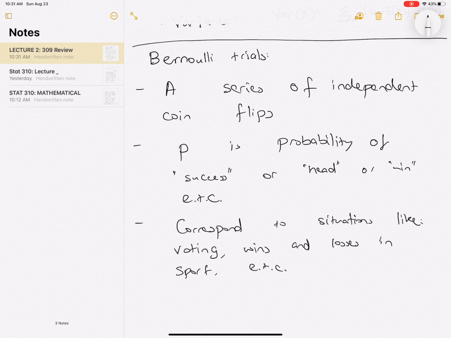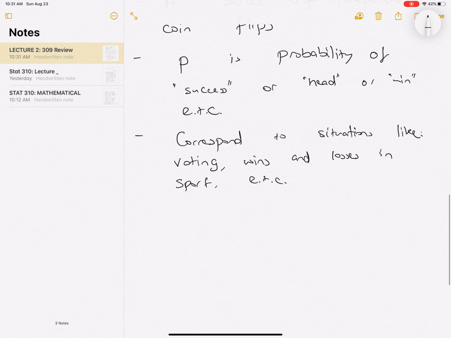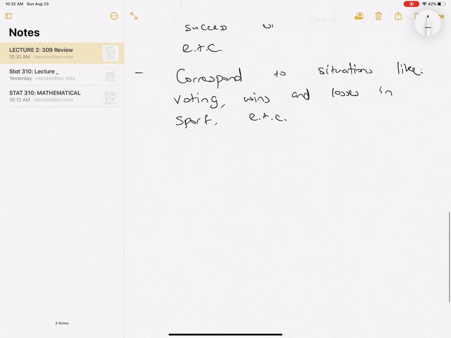And so these correspond to a number of situations. In particular, we already saw one in the previous lecture of voting, where you have a binary random variable indicating whether someone votes Democrat or not. And you can also think about wins or losses in sport. And there's lots of different questions or scenarios you can try to model. So, for instance, you could